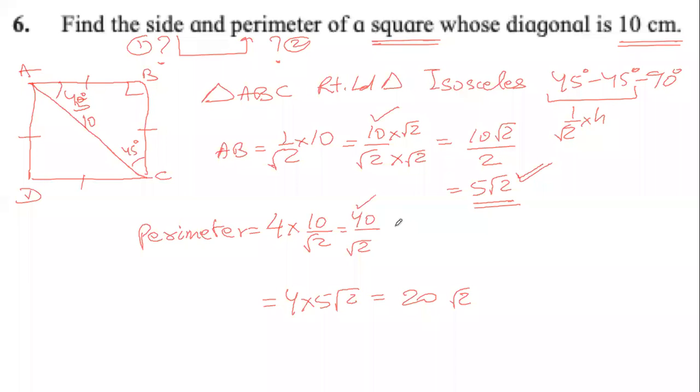We can also find it by rationalizing the previous fraction denominator. So multiply root 2 to the denominator, multiply root 2 to the numerator. We get 40 root 2 by 2. 40 by 2 is 20 root 2. Okay. These are beautiful answers. This is what is considered standard answers.